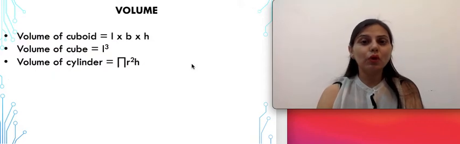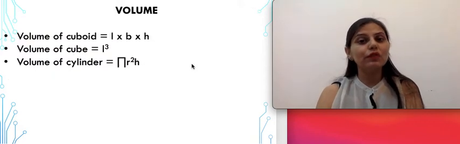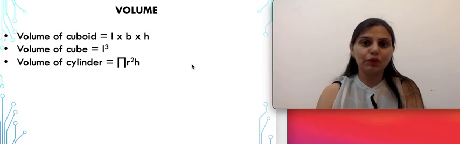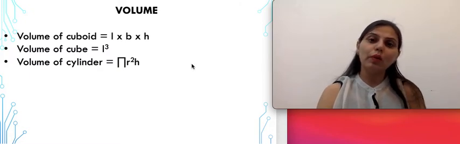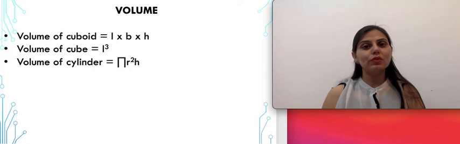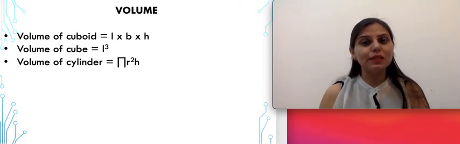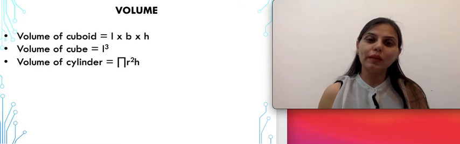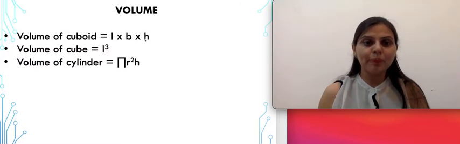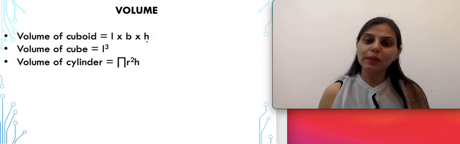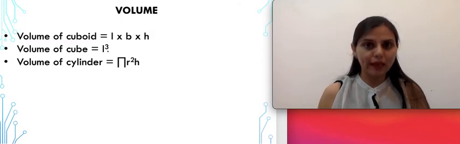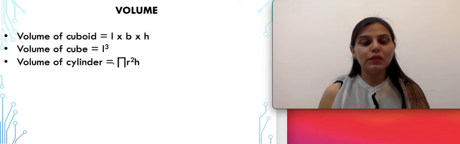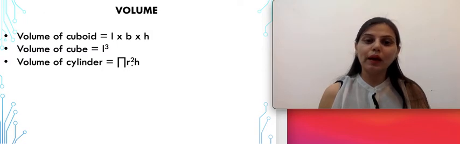Similarly, coming on to the volume of these three shapes, there are basic formulas that will be used for exercise 11.4. For example, volume definitely refers to the capacity of something, how much you can store in something, how much is its capacity, that refers to the volume. So when we are talking about the volume of a cuboid, the volume is calculated by length multiplied by breadth multiplied by height, and in a cube all these three become the same, so the volume of a cube is given by L cube. And coming to the volume of a cylinder, its formula is given by pi r square h.